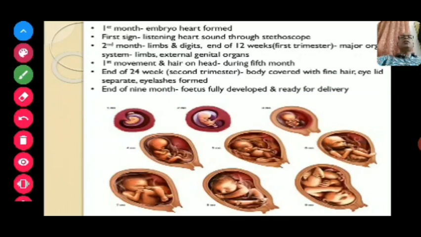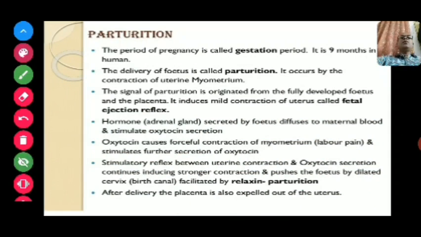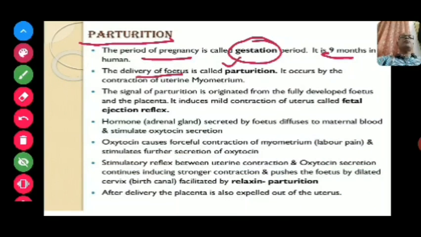Apart from this, there is a term known as parturition. The period of pregnancy is known as gestation, and it is about 9 months in humans, and the delivery of the fetus is called parturition. Parturition is the physical process through which the delivery of the fetus takes place, and it occurs by the contraction